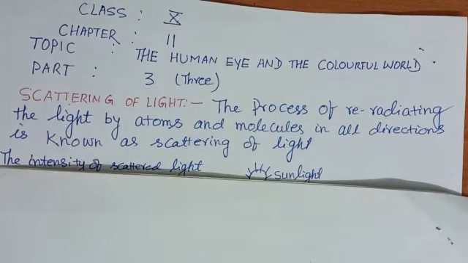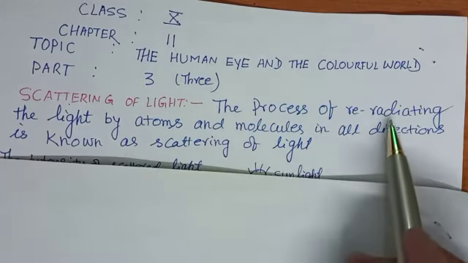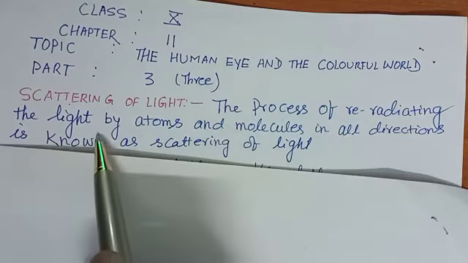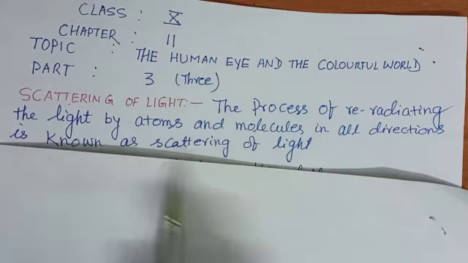Regarding the scattering of light: when sunlight enters the atmosphere of the earth, this sunlight is absorbed by the small atoms and molecules of the gases present in the earth's atmosphere. These atoms and molecules re-emit light in all directions. The process of re-emitting or re-radiating the light by atoms and molecules in all directions is known as the